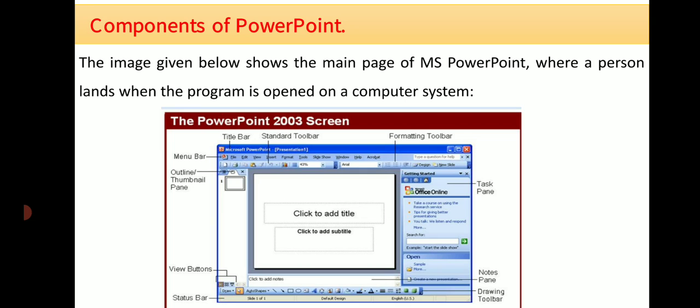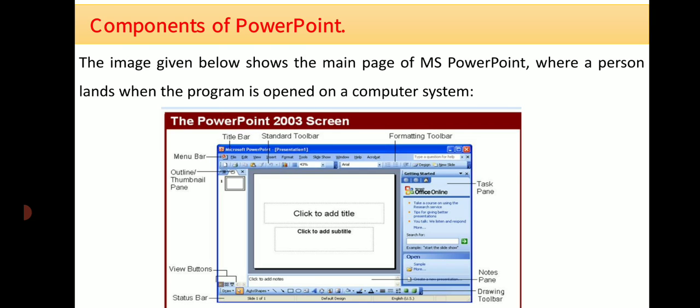Exactly below the formatting toolbar we have the task pane, and at the left side there is the outline or thumbnail pane. Then there are the view buttons, and at the very bottom of the PowerPoint presentation we have the status bar.